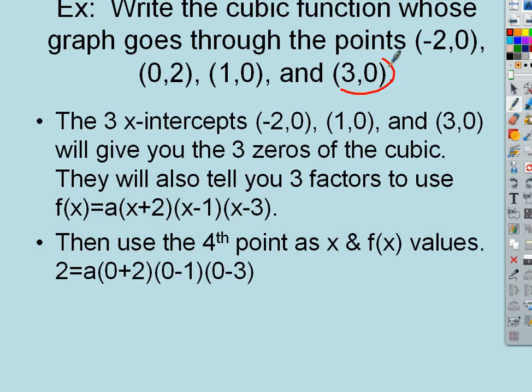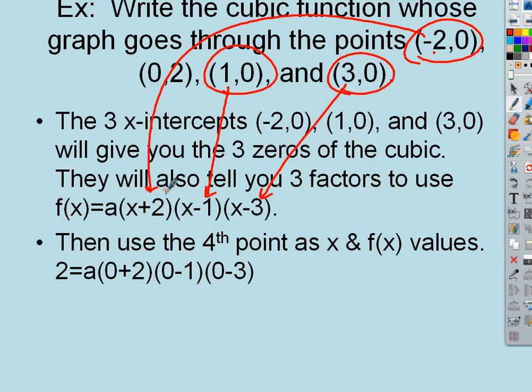coordinates that correspond to the zeros because the y values are all 0. Well, I'm just going to be subtracting those. Remember that the factor that goes with a 0 is just x minus that 0. So we're going to have one that's x minus 1. We're going to have one that's x minus 3. And we're going to have one that is x minus -2, so x plus 2. And the only thing left to do would just be to figure out what's that multiplier out in front going